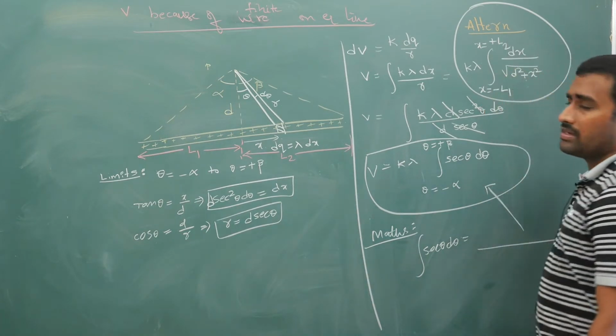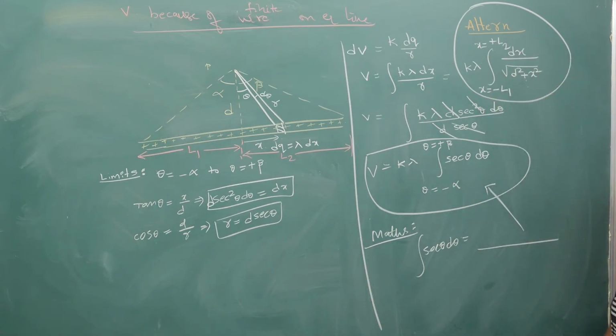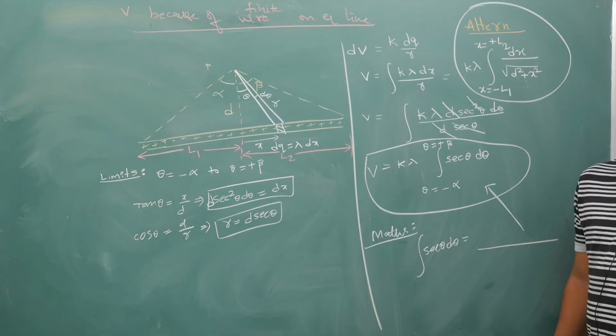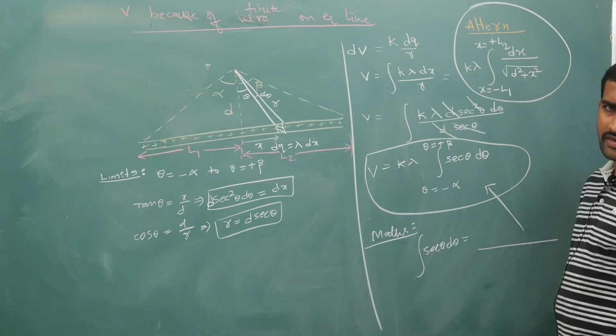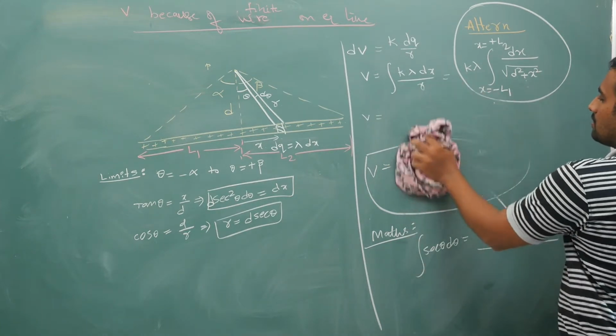Hope you have understood it. Here there is no x component and y component because potential is a scalar quantity. The x and y components will be there only for vectors. For scalars, no such thing. Whatever is there as such, you have to substitute it. Hope you have copied it, copy it fast, so I will erase it.